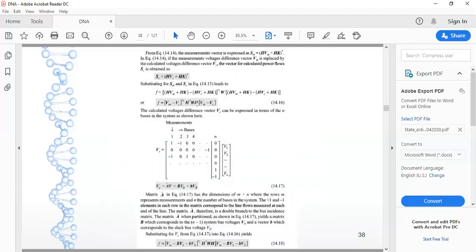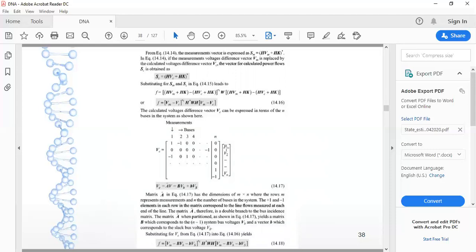So now see, this is nothing but the same kind of form which we get in terms of G, where we applied G inverse H into W into Zm. So the same kind of thing we have derived if we apply this weighted least square estimation technique for a power system. Now in load flow study, we have already determined that V line equals the incidence matrix into V bus.